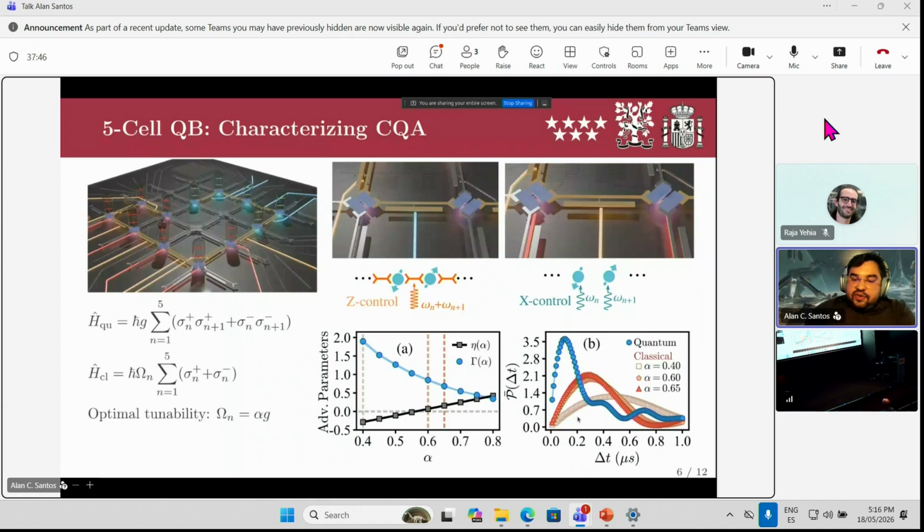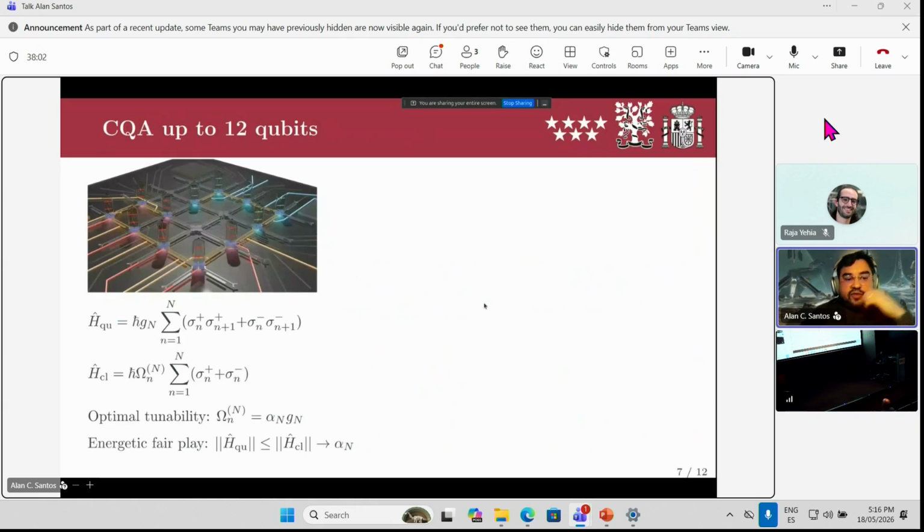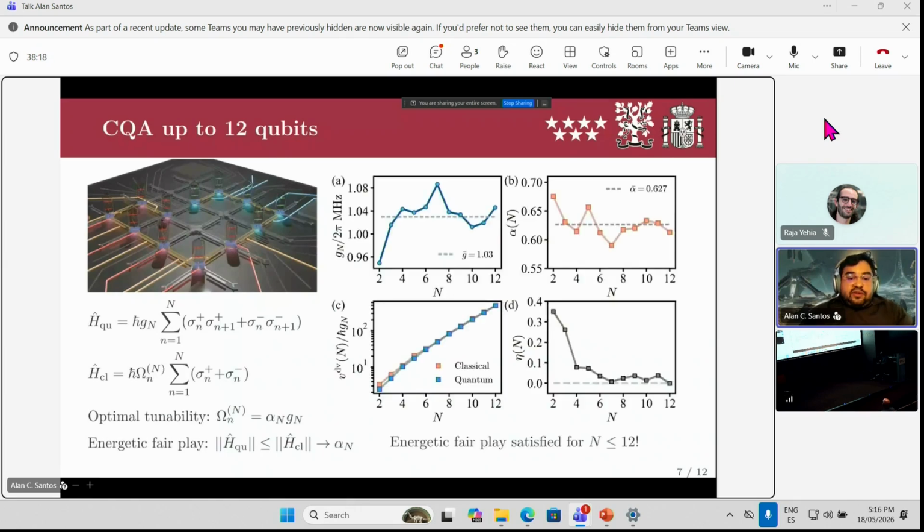So as a comparison to check what is going on during the evolution, we can see this high peak for the quantum power because of this two-photon transition that we can promote using this effective Hamiltonian theory. Okay, and of course, the idea is that you can scale up the system to more quantum cells. So we were able to optimize and run the experiment up to 12 qubits, and the results look like this because